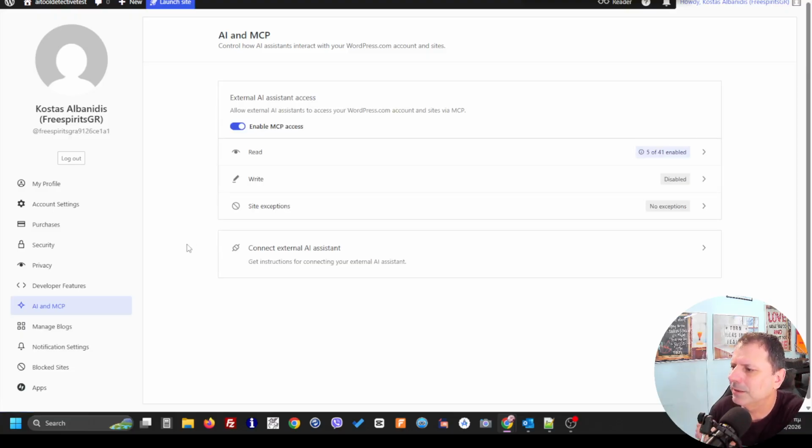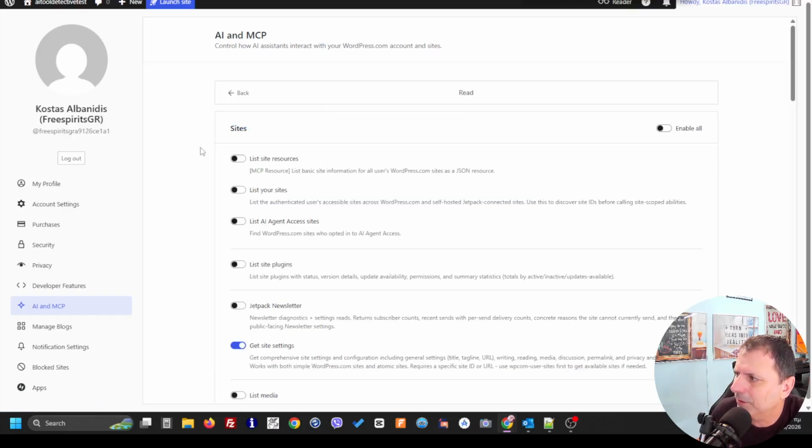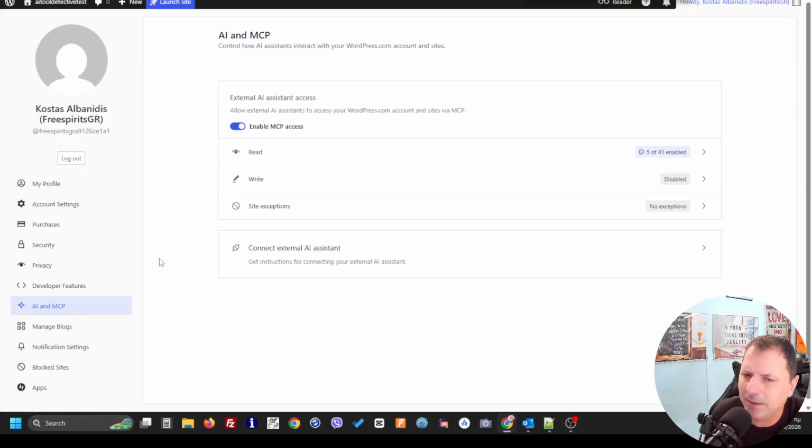Over here you're gonna see the AI and MCP. We got, you can control how AI assistant interact with your WordPress.com account and sites, and here you can use the assistant so that it can help you with everything. Okay, the AI assistant,